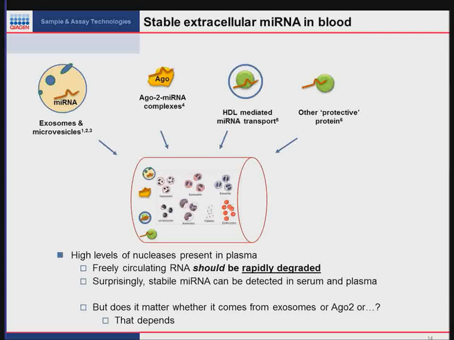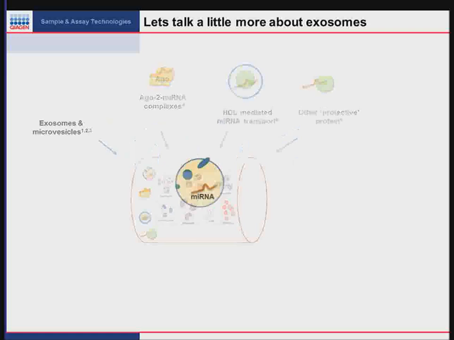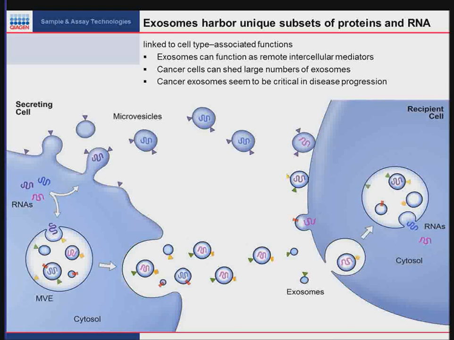All of these are detectable in serum and plasma, but some of them might be more specific for a particular type of disease, for example. So let's talk more about exosomes. So exosomes have been known for many years. People have known that they are budded, essentially,